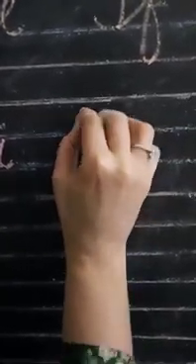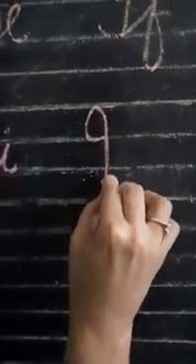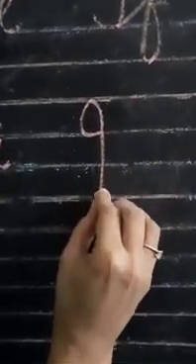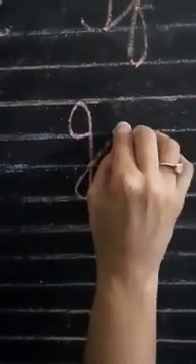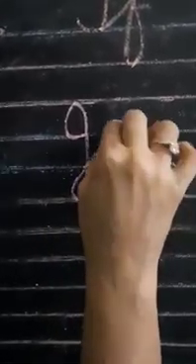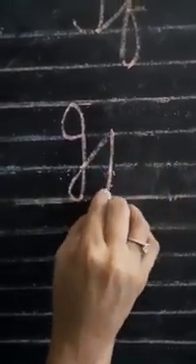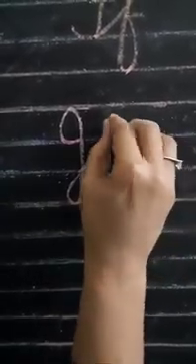Now after joining I it comes joining J. Then make a sleeping line, go up, come down till second red line, then take a turn, from this go up, then come down with the little slanting line and take a turn and put dot on it. Okay, this is joining J, joining I, joining J.